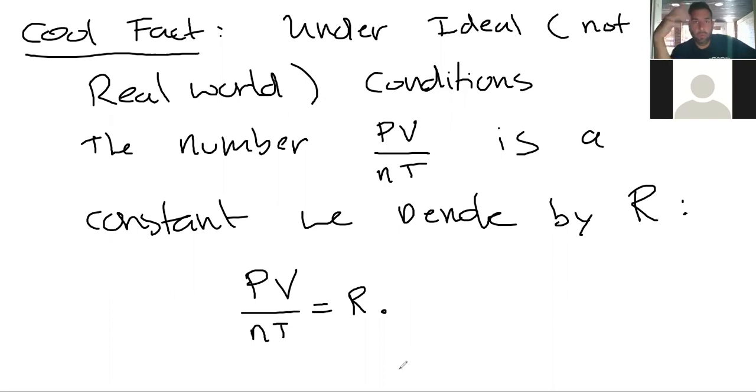So again, imagine we're doing an experiment. We have some gas we're studying. We recognize its volume, its pressure, the number of moles and temperature can be changing. But what we say is that in an instant, we want to ask, what is this number, PV divided by NT? And what we recognize is it's always constant. It doesn't change. Again, if we restrict ourselves to what we call ideal conditions,